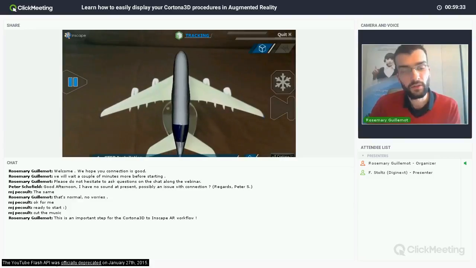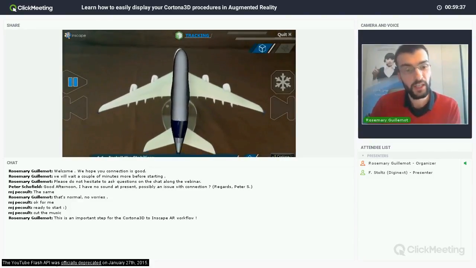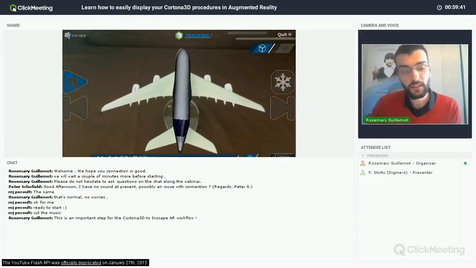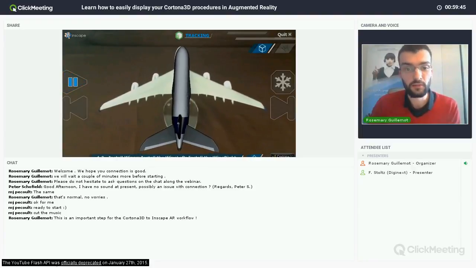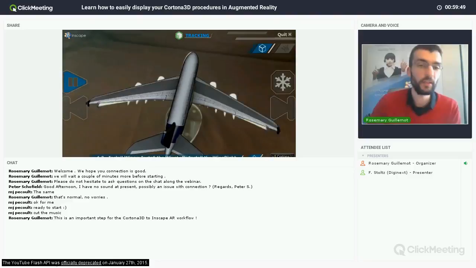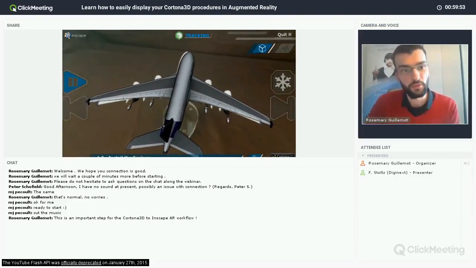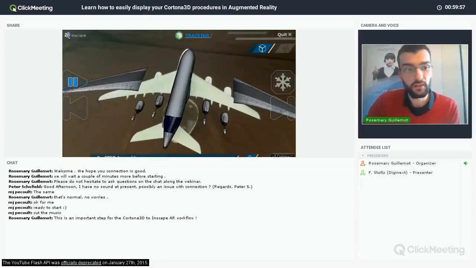And here you can see the final result of the application with the navigation buttons where you will be able to navigate through the step-by-step procedure. And once again, all those steps come directly from the Cortona3D data. You were not required to make the animation again in Inscape, to type the text of the procedure once again, and so on. So those features are natively